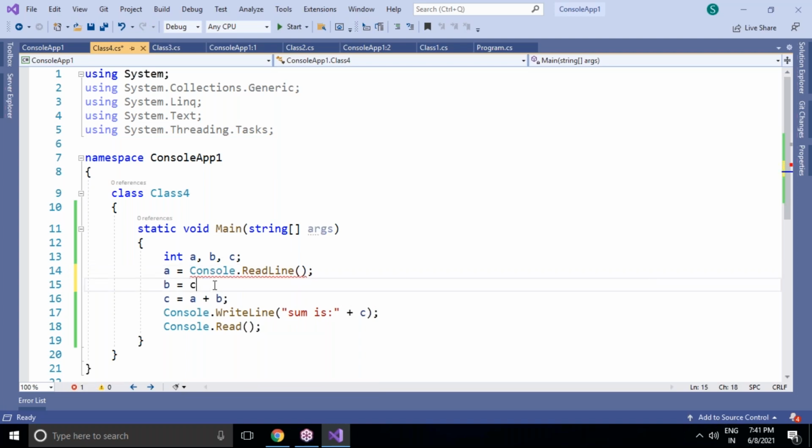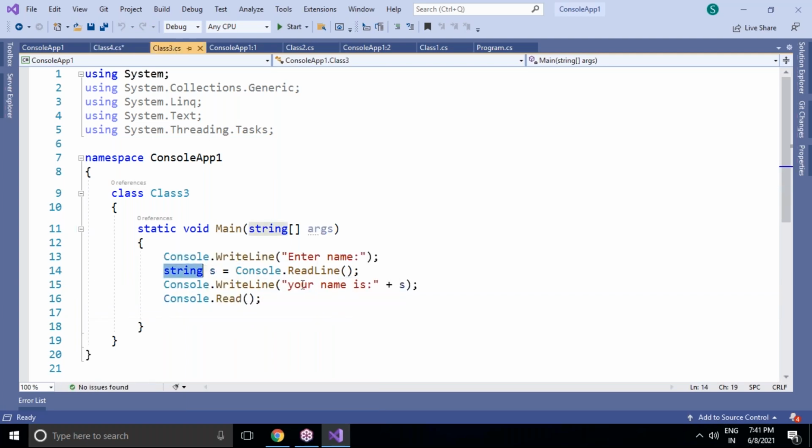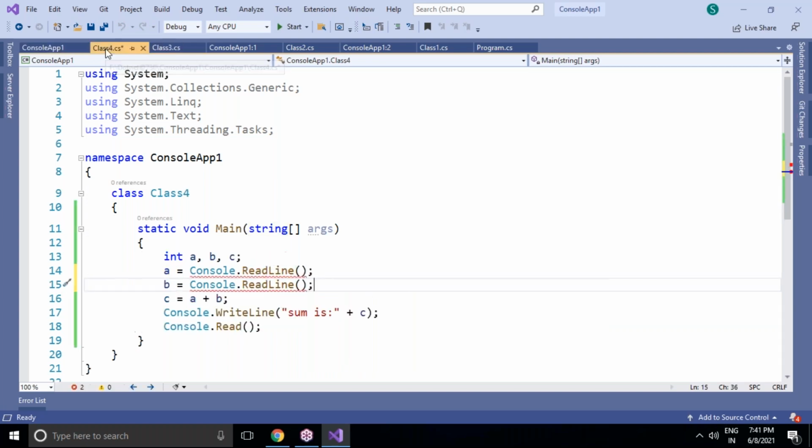Why it will not work out, I will tell you. Look here, Console.ReadLine. In the previous program, I accepted a string value and Console.ReadLine worked perfectly. But in this program, I'm accepting values at runtime and using Console.ReadLine, but it's not working. Why?